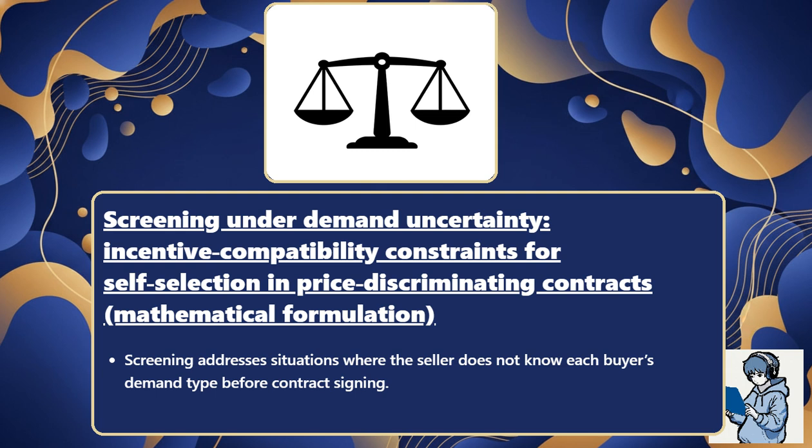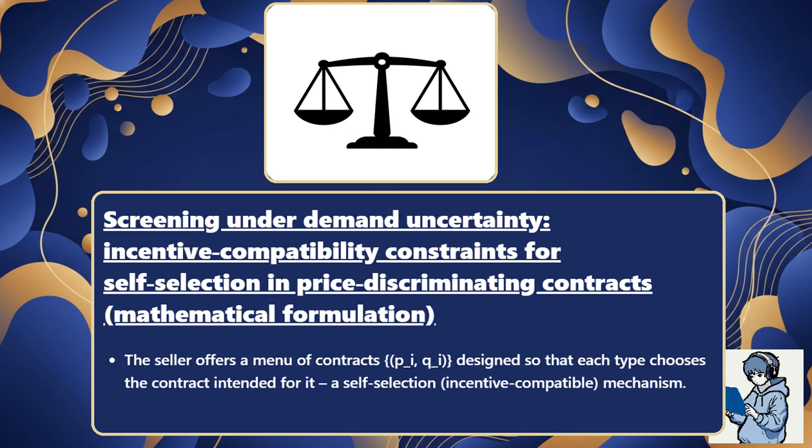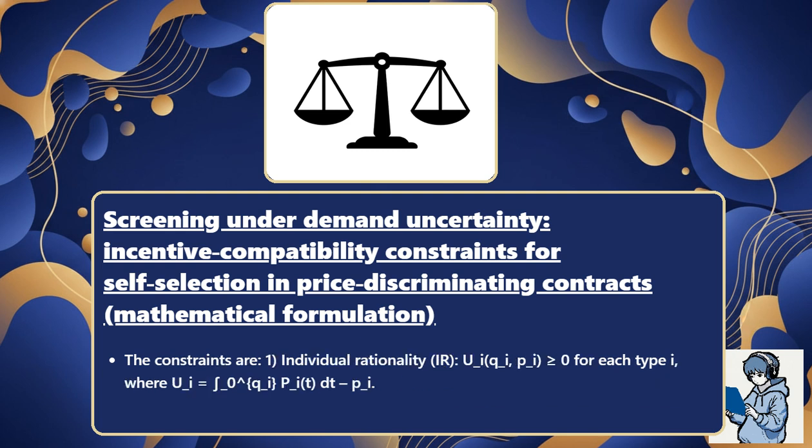Screening addresses situations where the seller does not know each buyer's demand type before contract signing. The seller offers a menu of contracts, {P_i, Q_i}, designed so that each type chooses the contract intended for it. A self-selection, incentive-compatible mechanism. The constraints are: